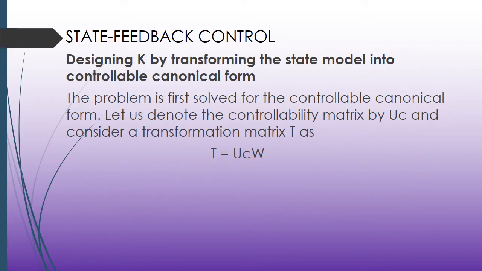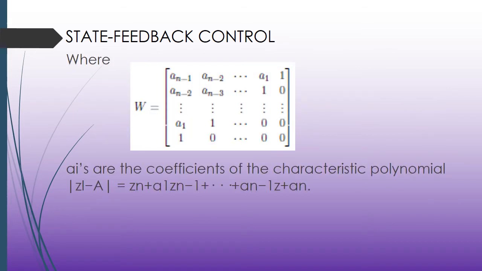So let us design K by transforming the state model into controllable canonical form. The problem is first solved for the controllable canonical form. Let us denote the controllability matrix by UC and consider a transformation matrix T, where T is equal to UC W, where W, as you can see here in the video,